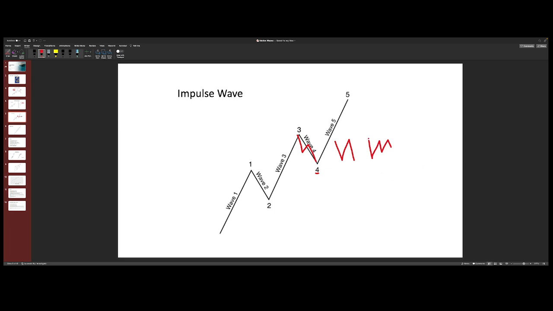Those are your three possibilities, or a combination of these. That's in wave 4. The last and final rule we have here is that waves 1, 3, and 5